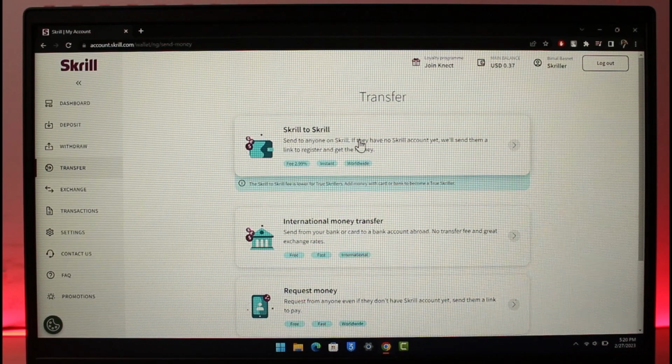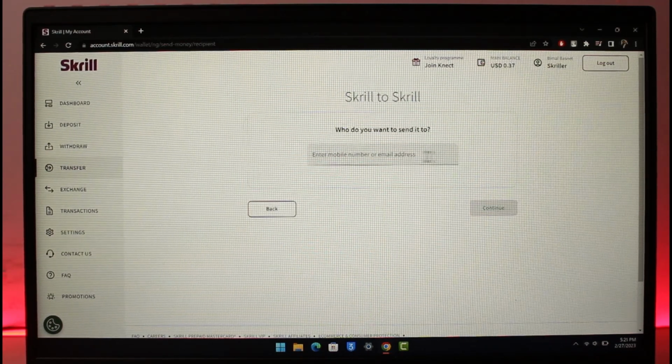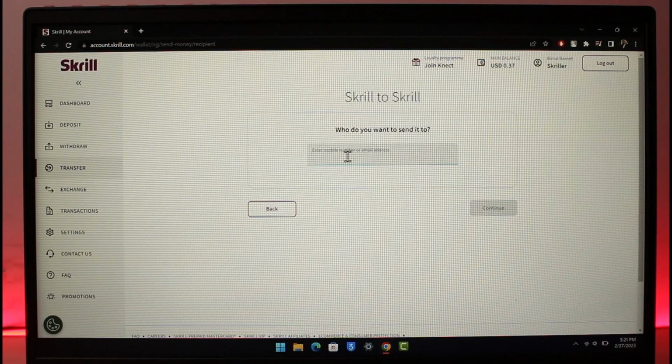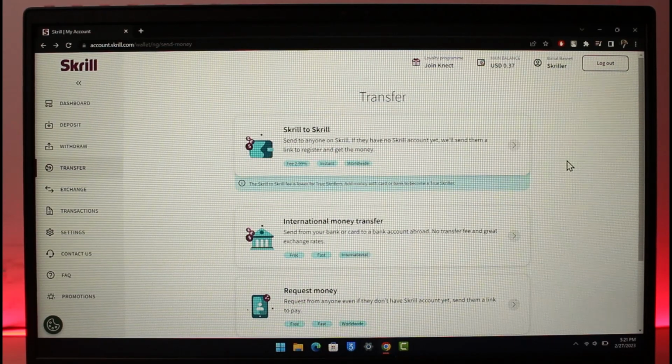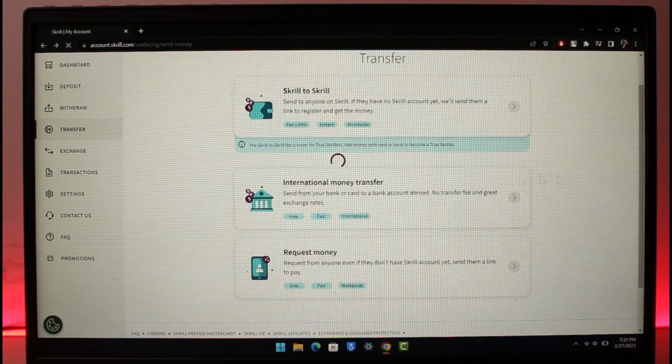So if you want to send to another Skriller, just go ahead and click on Skrill to Skrill over here, and then make sure to enter the email address of the Skriller that you want to send the money to, and then you can enter the amount and just send it to them. After that, you can come back, or if you want to send it to another bank account, then you can